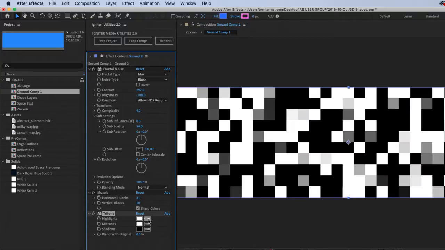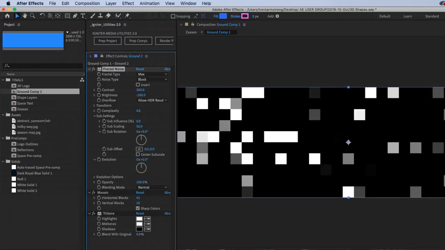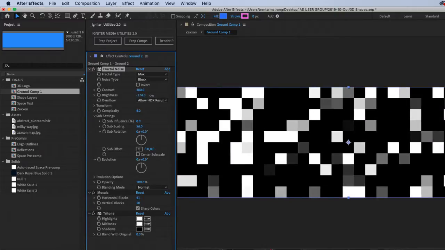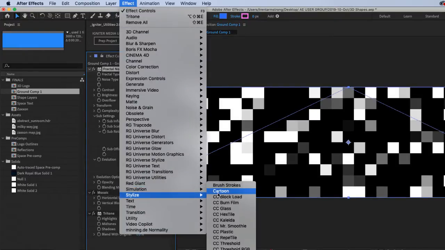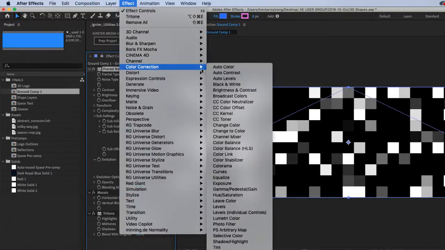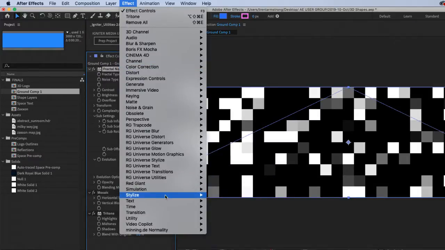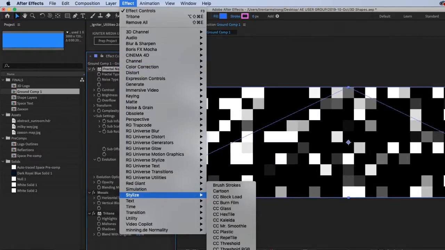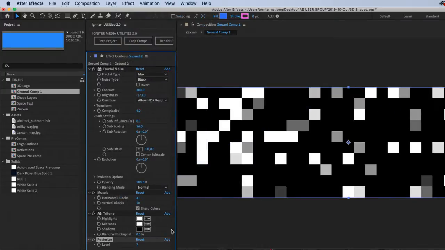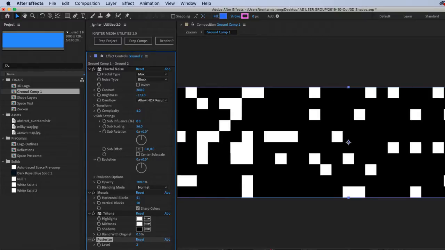The mids will be white. And we'll do the last one, I think, will be a stylize. We'll do like a posterize. There we go.